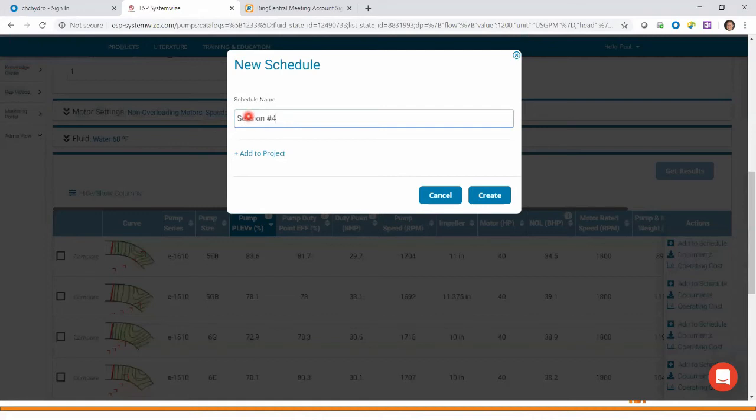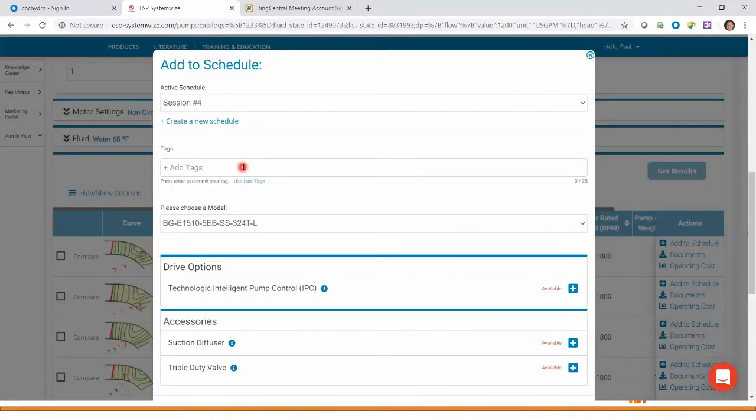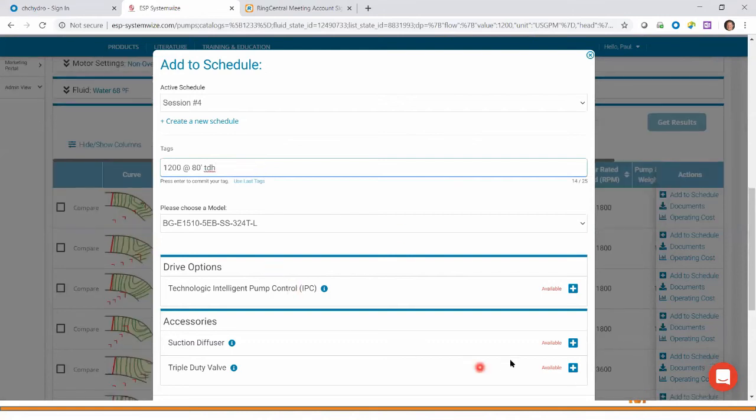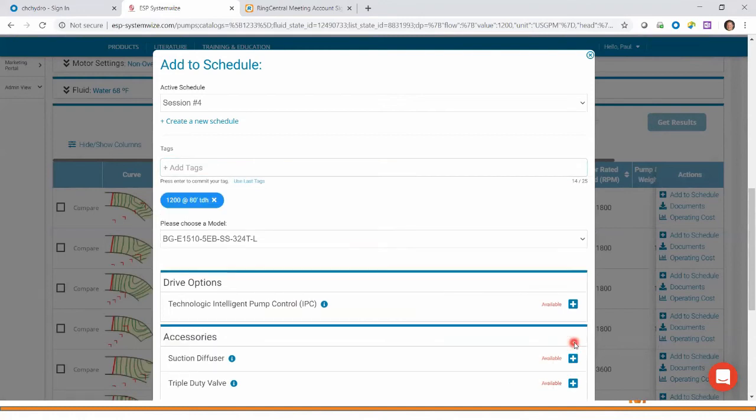Okay, we're going to go ahead and create. Our tag for this might be 1200 at 80 feet. We can add TDH if we wanted to. We can add a drive if we like. We can come down here and add some pump trim: suction diffuser, triple duty valve. So if we go ahead and add a